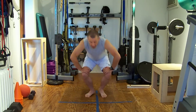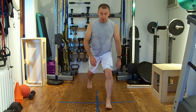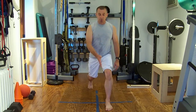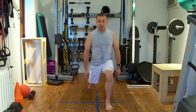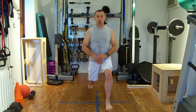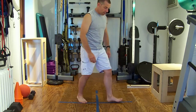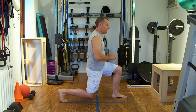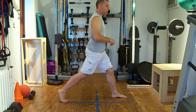Okay? So we're going to start today with our first move, which is the lunge. The lunge is a great exercise to do for legs, and a lunge, very simply, looks like this. Make sure that this foot is facing forward, as is your back foot. You don't want to lean forward, you want to stay nice and straight. Okay? Now, a way of progressing the lunge is by taking that same move and adding a pulse, and then